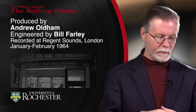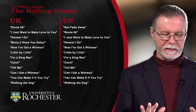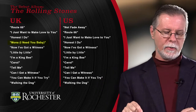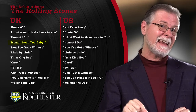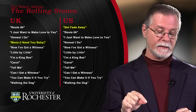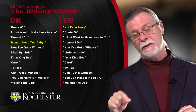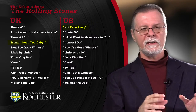Now, as we look down the tracks that make it into these two albums, the only real difference is that the song Mona, I Need You Baby, a Bo Diddley tune, appears on the UK version, but not on the US version. And the song Not Fade Away, the Buddy Holly cover, appears on the US version, but not on the UK version. So in the UK, it was pretty much the practice that if you released a song as